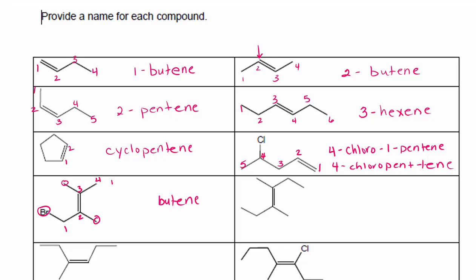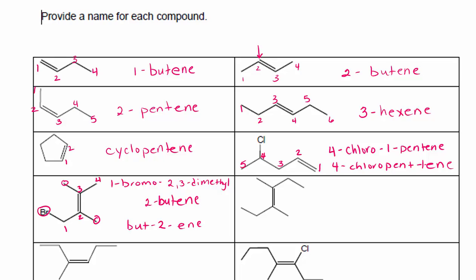Because I not only have 1-bromo, but I have 2,3-dimethyl. Remember, when you have more than one of the same substituent, you have to give them a numeric prefix. And it doesn't matter where those substituents are. They could be on the same carbon. Everybody gets a number. So this would be 1-bromo, 2,3-dimethyl, 2-butene. Like the previous example, this could be 1-bromo, 2,3-dimethyl,